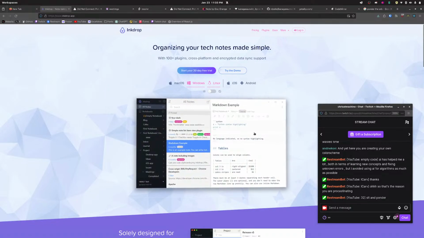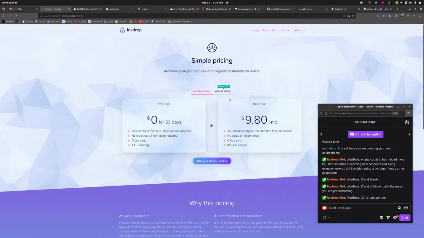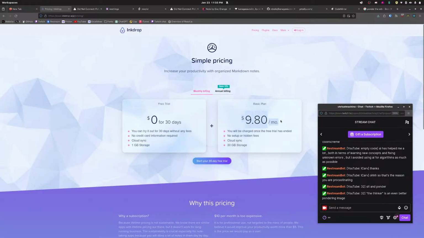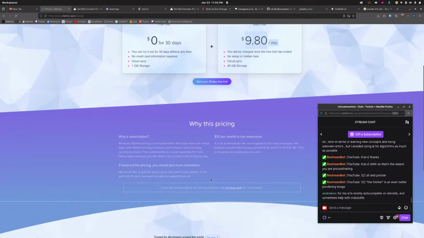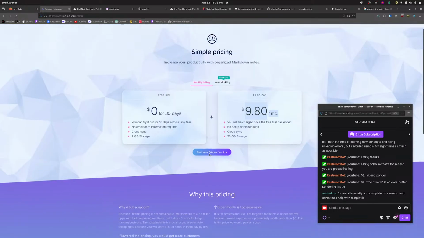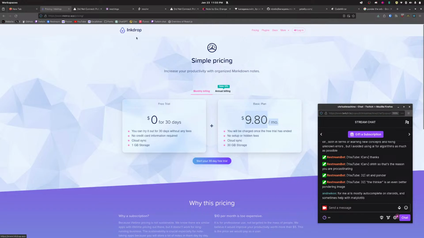But yeah, I don't know. Even if I was to start a project with CodeMirror in it, how does CodeMirror work? What's the pricing for this, by the way? $10 a month. The problem is, $10 a month, you'll be charged. I don't get to really keep my data. I have to deal with Cloud Sync. And I have to pay $10 a month to edit my notes the way I want to. I don't know. Again, I respect the hustle, but